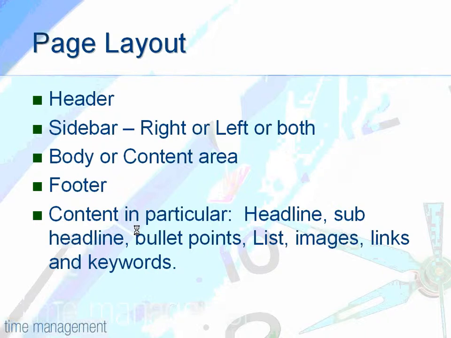So when you see a web theme that says it's a two-column theme, what they're referring to is that the content area is one column and the sidebar is one column. So a two-column theme means there's only one sidebar and one content area. If you see a three-column theme, what they're referring to is a sidebar on the left, a sidebar on the right, and then the content